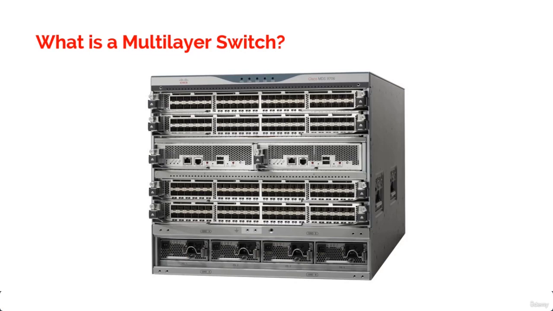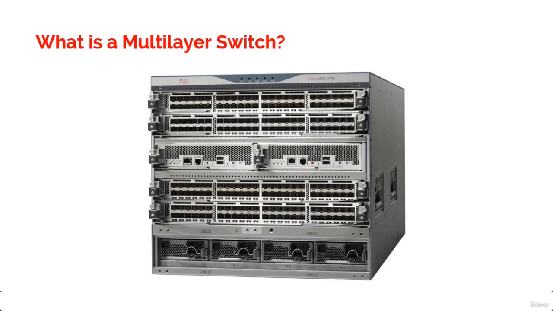A multi-layer switch, MLS, is a computer networking device that switches on OSI, that is Open Systems Interconnection, layer 2, that is the data link layer. It is like an ordinary network switch, but it provides routing. A 24-port multi-layer switch gives you the best of both worlds. It operates at layer 3 while providing 24 collision domains, which a router cannot do. 24 collision domains, which means 24 unique ports and 24 different domains so that there can be minimal or less